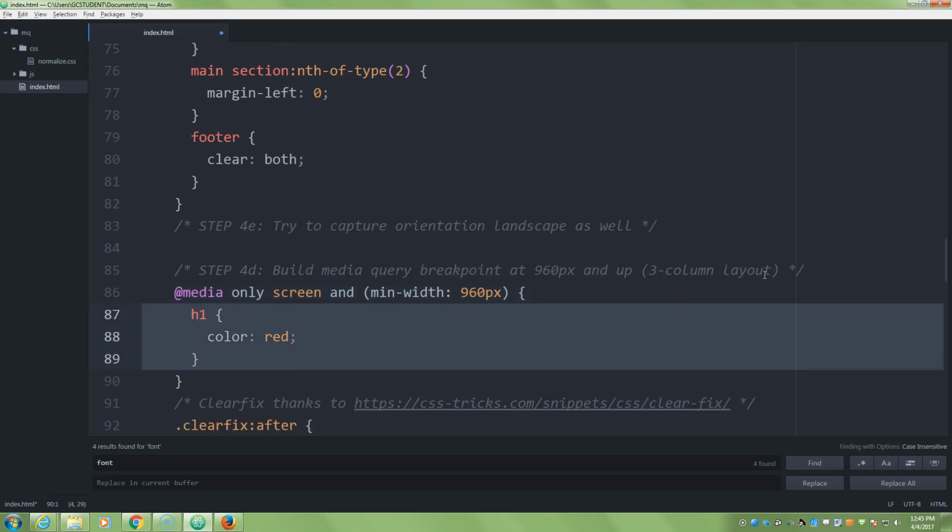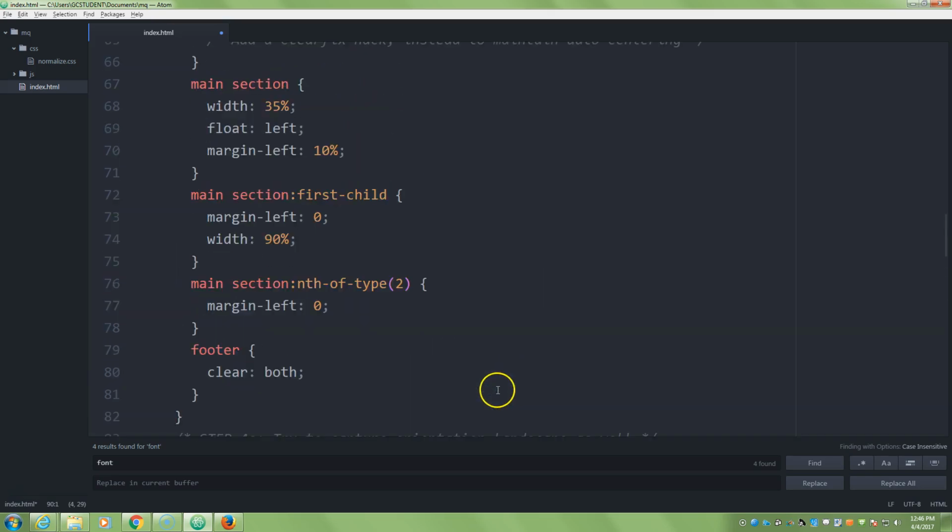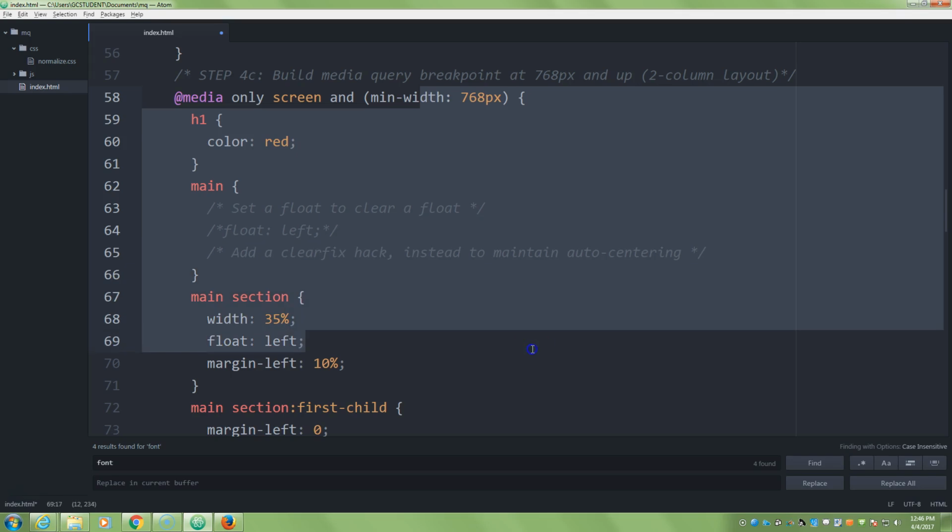And remember, with this progressive approach, every time I set a new breakpoint, those older styles are still in play. So the cascade is still in effect, because when I'm at 965 pixels wide, this is true, but also this is still true. So I'm adding more styles that are true all the time as I go bigger. So if I want to change something that was true in this situation, I have to override that style with